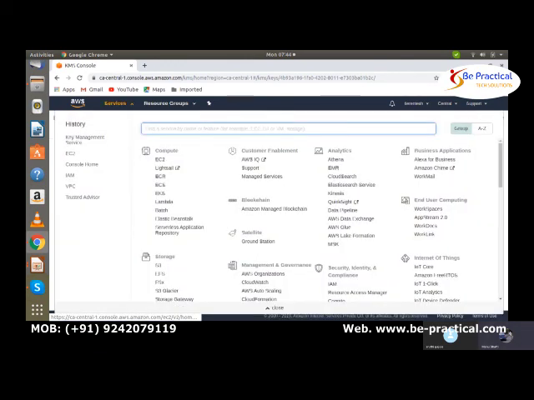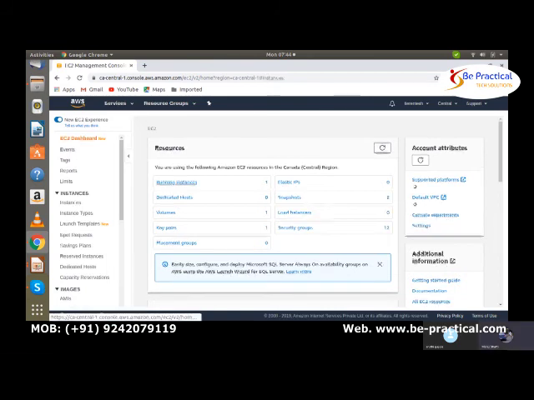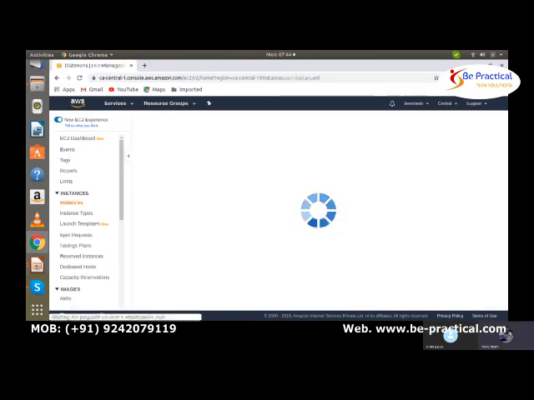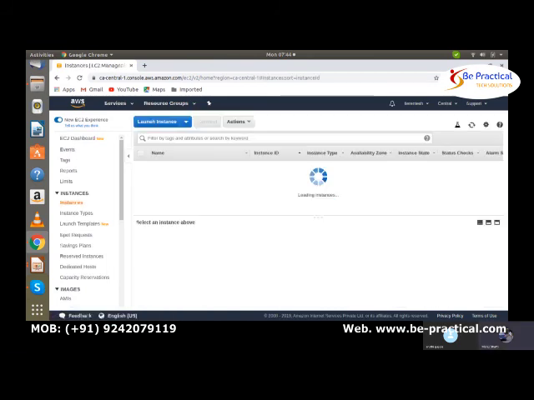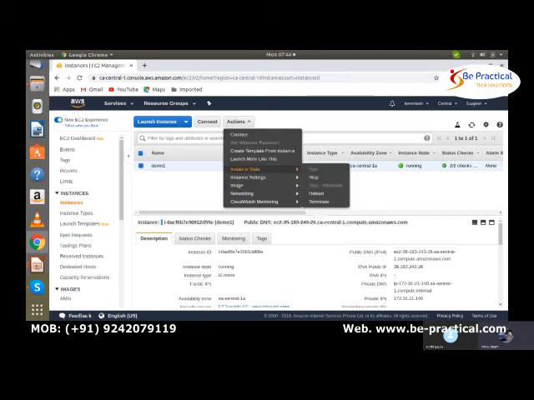If I go to the EC2 instance, this is my EC2 instance, right? I can create the image of this also. If I select that EC2 instance, go to Actions, and go to Image, I can create an image.